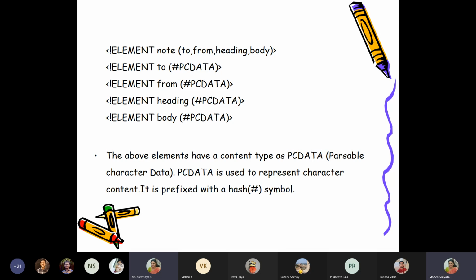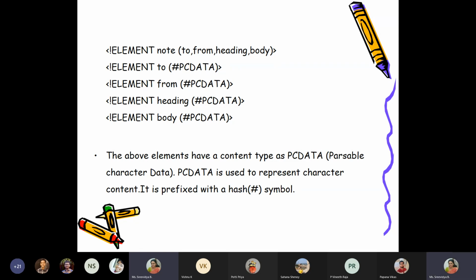The to tag contains text data, or you can say character content. It is called parsable character data. The short form is PCDATA. Okay. So everything is some text content I am going to have, character content I am going to have. So PCDATA is a valid keyword to indicate that it is a type of content, and the hash symbol is used.